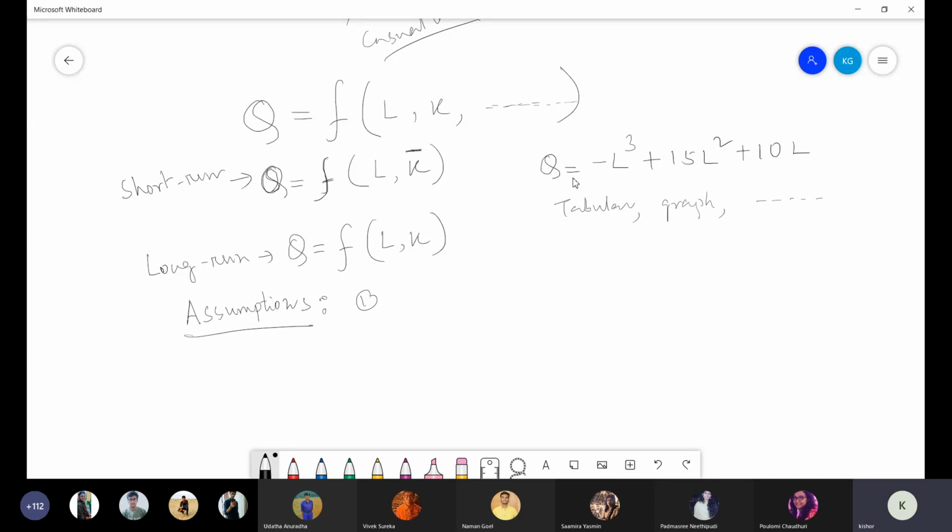Another assumption may be that, in the long run, labor can substitute capital or capital can substitute labor at a decreasing rate up to a certain extent. Because if you look at your production process, say I am in the long run, suppose both are variable in nature. Someone may say that I am producing pens, but my production process is more labor intensive. Labor intensive means I am using more and more labor.